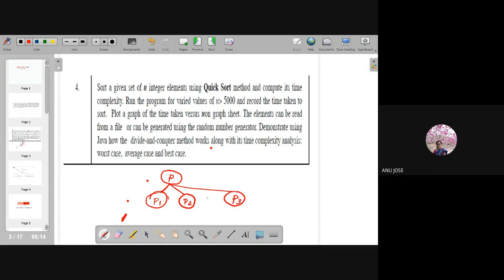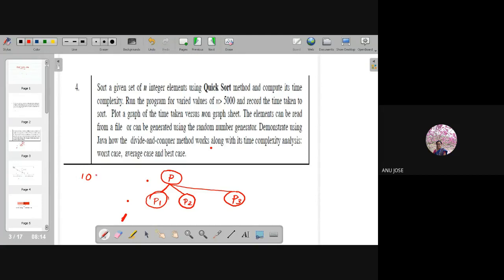So what does this smaller problem mean? Smaller problem means the solution of the smaller problem I can get directly. For example, I am planning to sort 10 elements. That is a bigger problem.